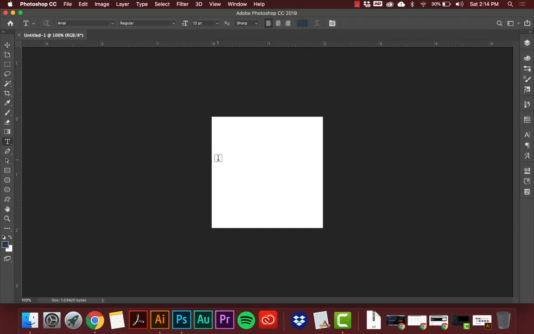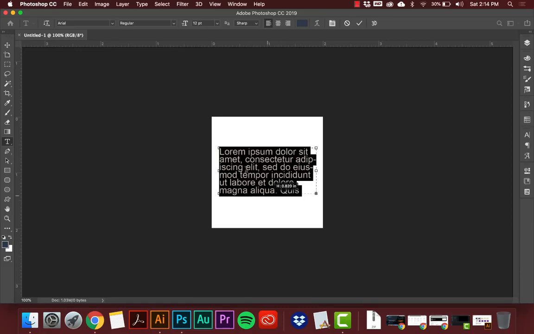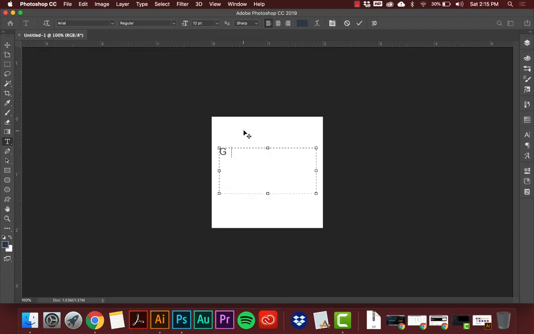So what you want to do is maybe go into here, and you can see up in my guides, if you look in this area, I'm actually going to keep my text right around there on that side, and I'm going to do the same thing so it's even on both sides. So we have 1, 2 little lines in there, and bam. So anything I put now, if I want to center the text, if I want it to be on the left, or on the right, it's going to be easy to control. So what I'm going to do here is I'm just going to type out something like